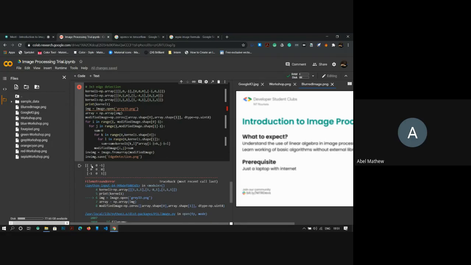So we can use different kernels to do the same. So this is something that is using the values 1, -1. So it will not calculate the edges very efficiently because it will only calculate very prominent edges. If you want to print even the lighter edges, small edges, we use a different kernel. So this is something that can be used, which has values all as 1, the center pixel as -8. Very much similar to this value.